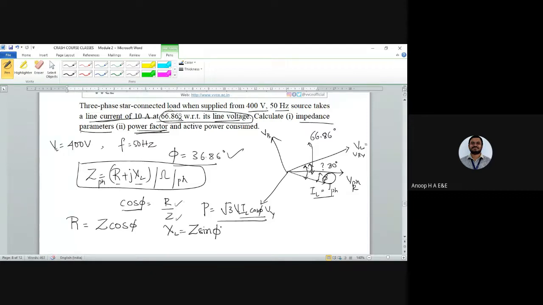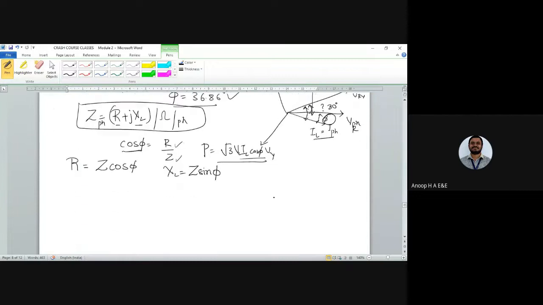Okay, so I have given you a hint right now, so it is your responsibility to solve this problem and post it in the group later on. Think in what way you can do the problem and what the impedance parameters are. After XL you can find L easily, right? If you find what phi is, sin phi is there. The only thing you need to do is calculate Z.